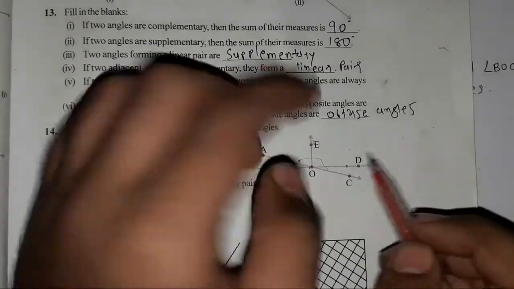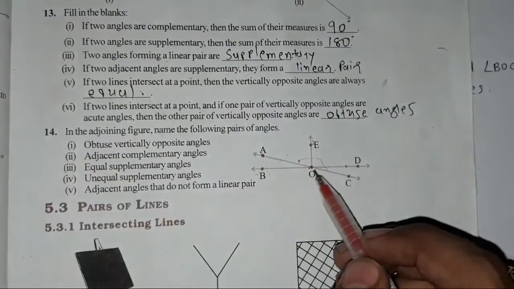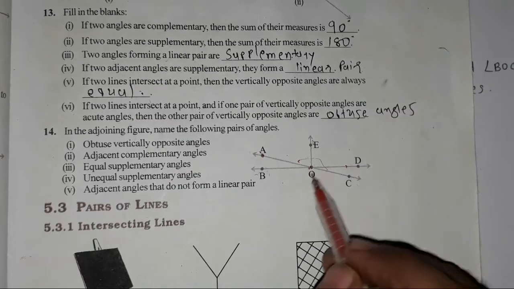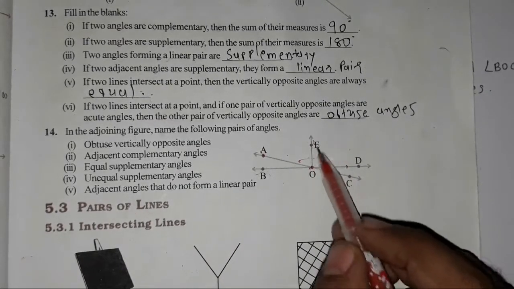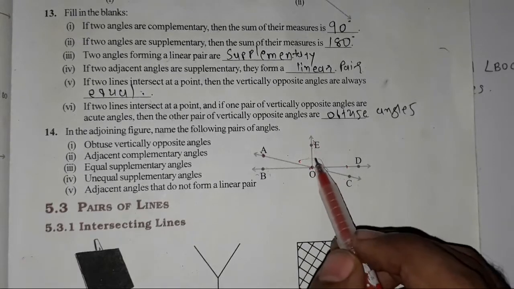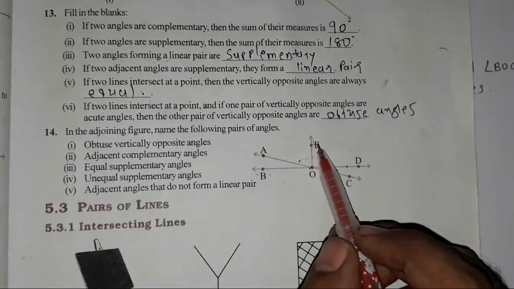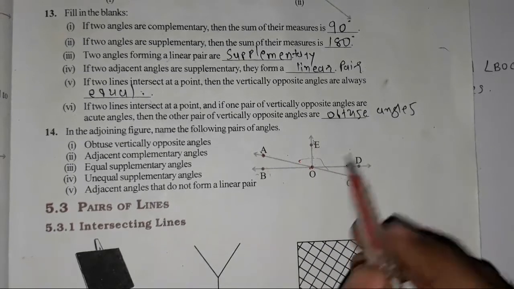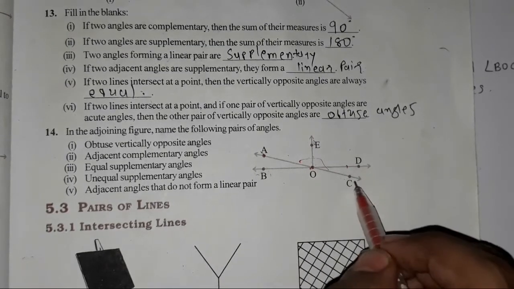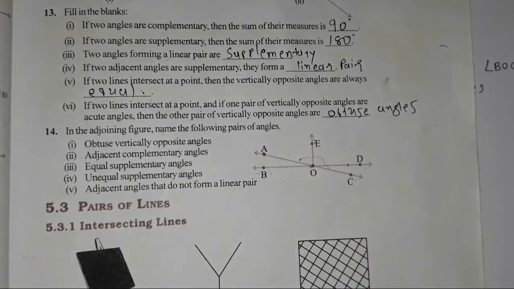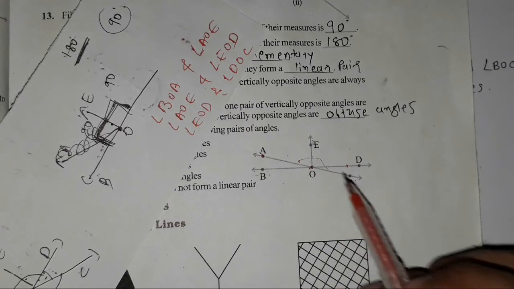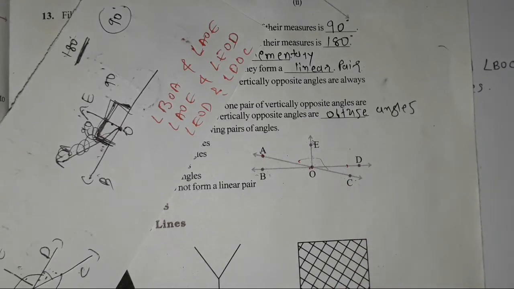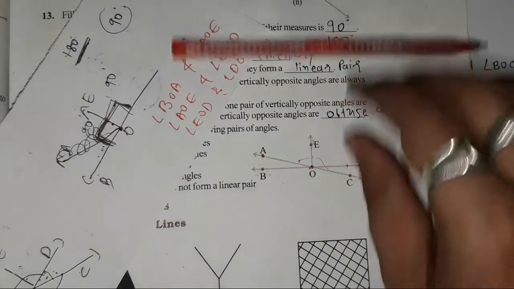Now here you may consider this portion. Here you may see the common vertex is here, the common arm OD is here, and the non-common arms on both sides are here. So if I consider this portion, two angles are being formed. The first is angle EOD and the other will be angle DOC, which are adjacent angles. So here I will write angle EOD and angle DOC. Now, seeing this figure, we can't see any further adjacent angle pair. If you consider this one as an adjacent angle, it will become a linear pair.